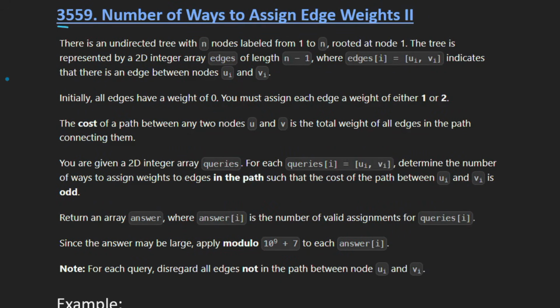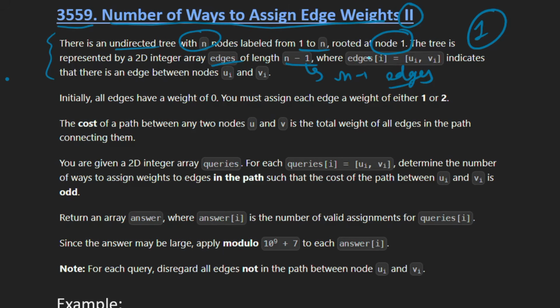So our today's LeetCode question is 3559, that is Number of Ways to Assign Edge Weights II. Basically in this question we are given an undirected tree having n nodes labeled from 1 to n, and the root node of the tree is 1, right? And the tree is basically represented with the help of a 2D integer array edges having length n minus 1. That means we have n minus 1 edges in the tree, and